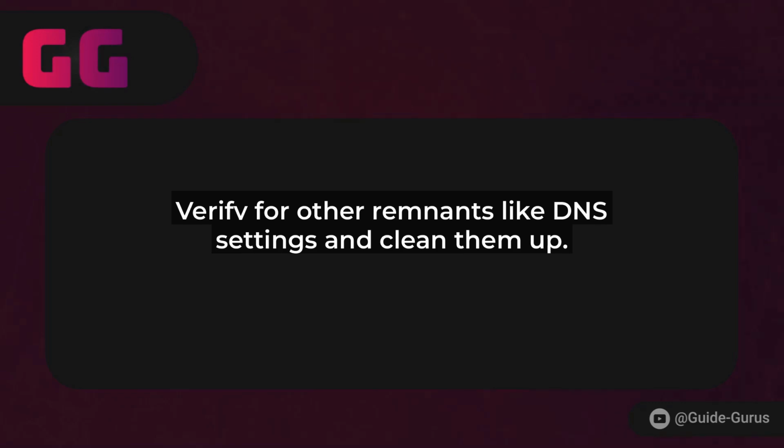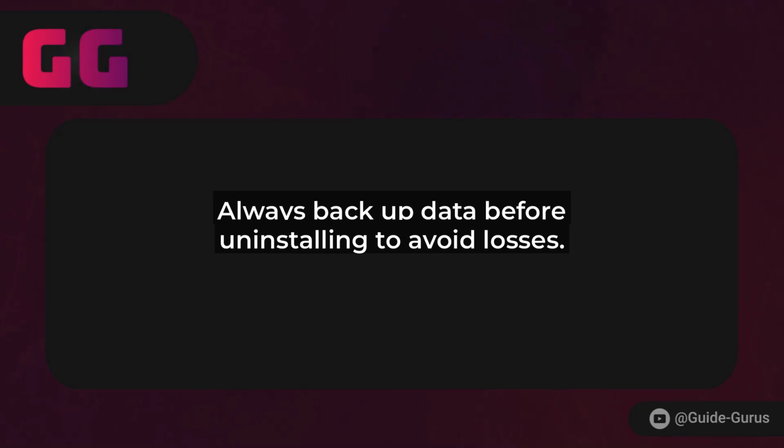One more thing. Check for any additional WordPress remnants. Look in the Cron Jobs section under Advanced to see if there are any scheduled tasks related to WordPress and delete them if needed. Also, if you have custom DNS settings or subdomains linked to WordPress, update or remove those as well. Alright, you've done it. Your WordPress installation is now completely uninstalled from cPanel.